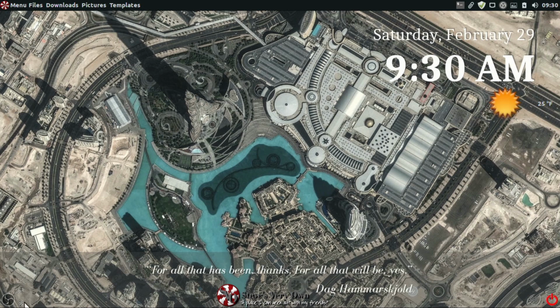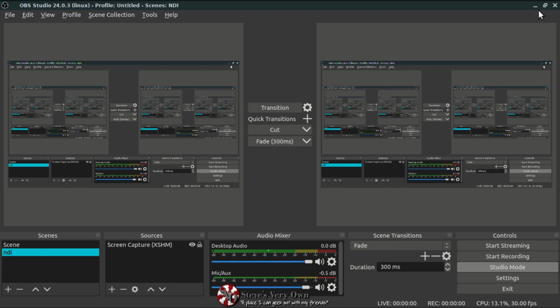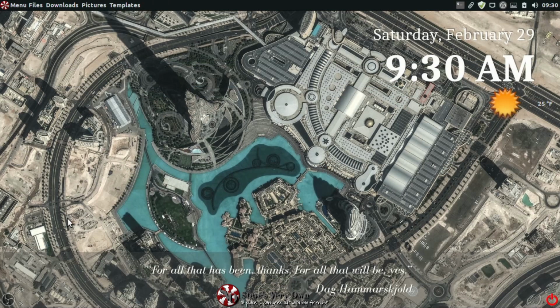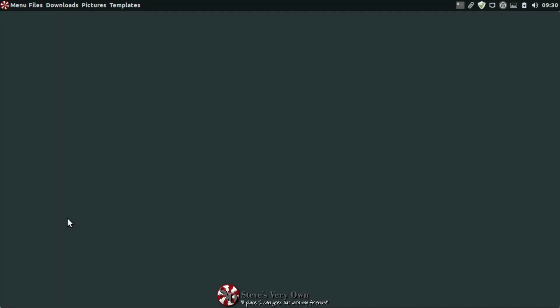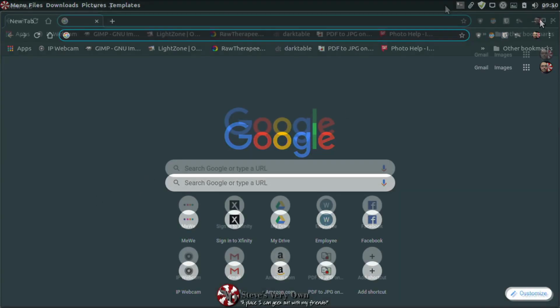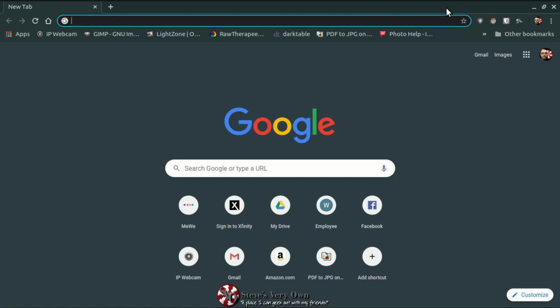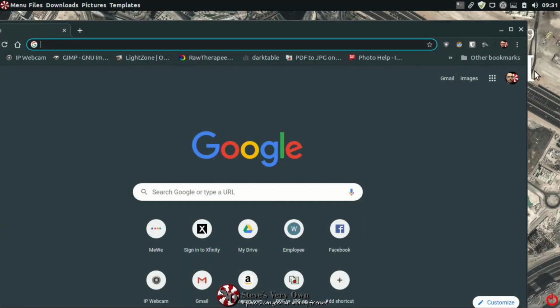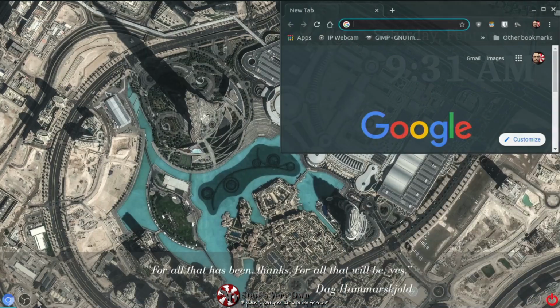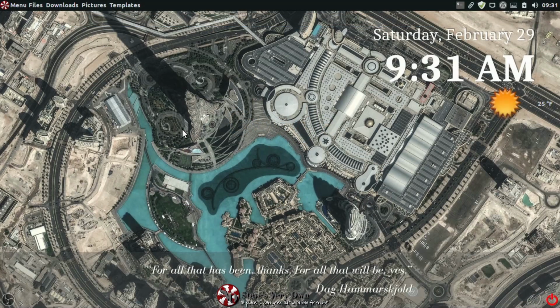But this is where I put my windows. I have, as you can see, OBS running. And if I open up another program again, and then we'll minimize this one. And notice how, as I actually maximized it, the top bar flew away. So let's bring this up a little bit. We'll move it to... So now you see I have Chrome going and OBS going. But if I expand it, it disappears. I also have added